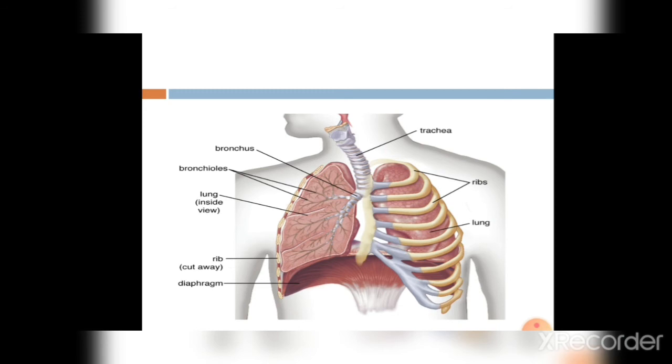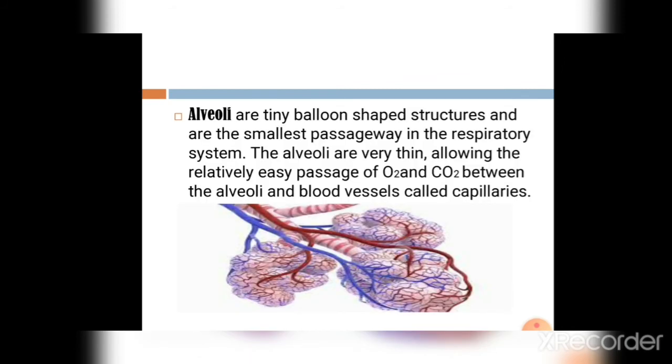Okay, so the position of the lungs is protected by the covering of the ribs, and below these lungs there is a muscular portion known as the diaphragm. And alveolus